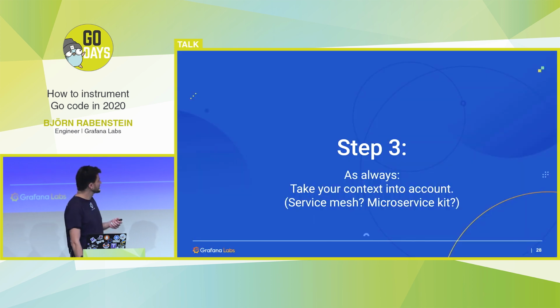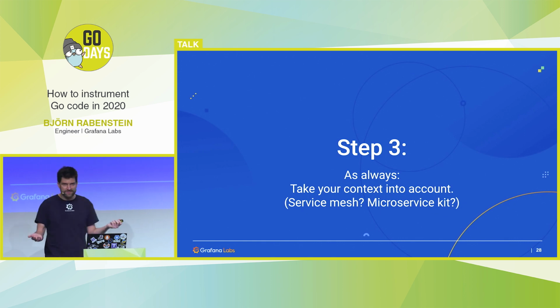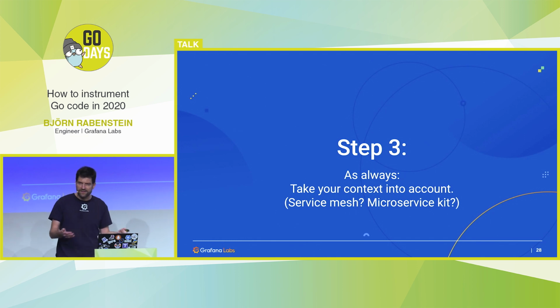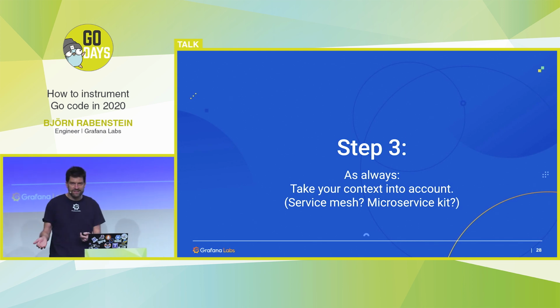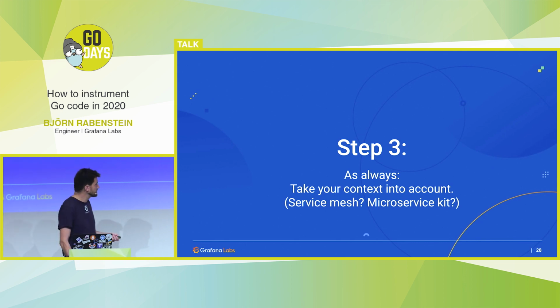And then, this is general advice in any practical programming: take your context into account. If you already have something in your organization and it just works, you should not just say, OK, now we have to do all OpenTelemetry and kick this all out of the window. Also, this has a good part. Many of us will not write instrumentation libraries, for example. We just write a microservice. And then we might use something like Go kit or some kit library framework provided by your organization, Finagle in the JVM world or something. Or we even run, hipster alert or buzzword alert,